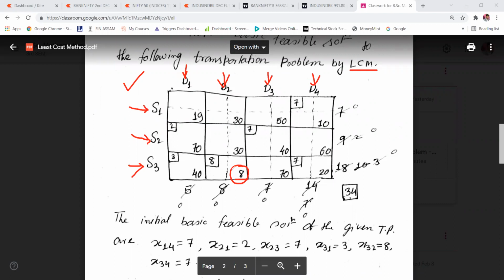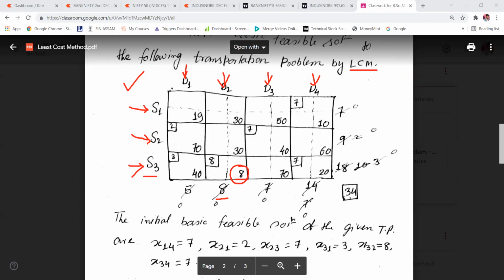Okay. So in which cell is this transportation cost? This is in column 2 and row number 3. So we'll check column 2, that means destination D2. What is the demand? Demand is 8 units. And from source S3, how much can you transport? From source S3, you can transport 18 units.